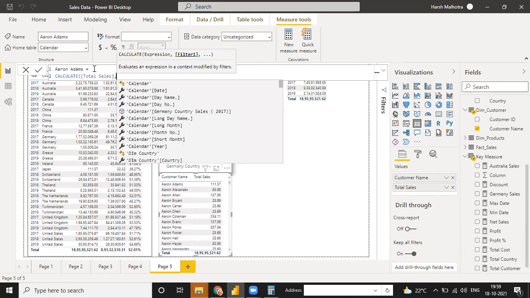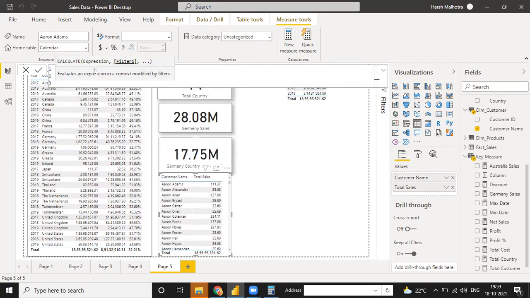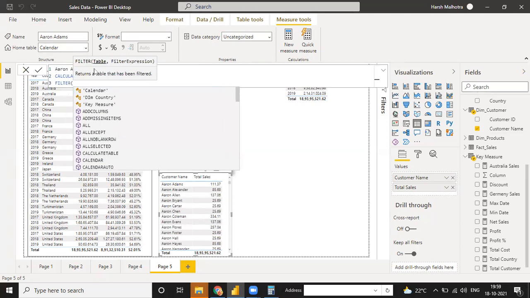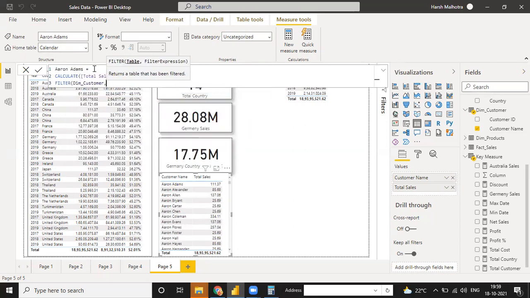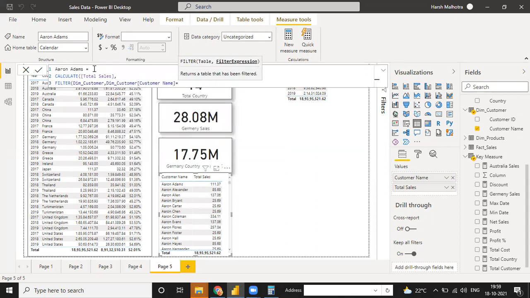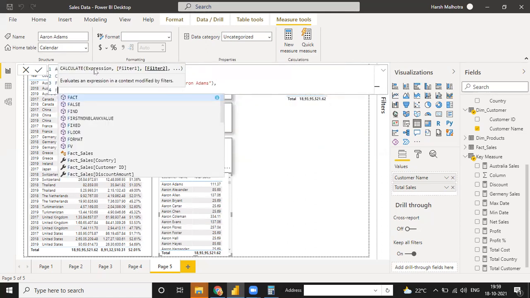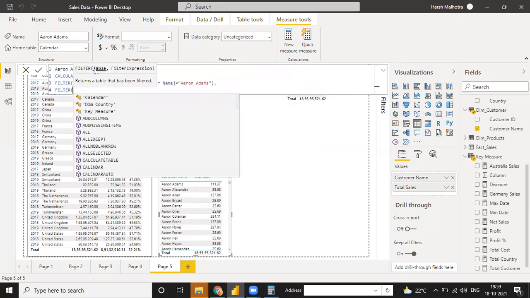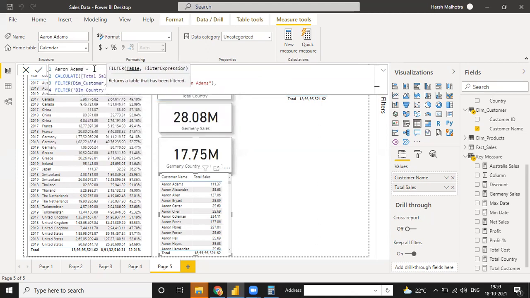For this total sale, you can use your filter of the customer table. And for this customer, you can use customer name and just write it here as Aaron Adams. Same way, you can use one more filter in this, like country, the country table.